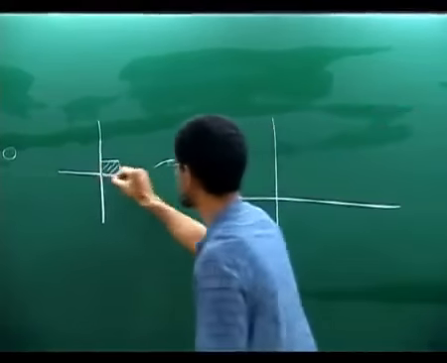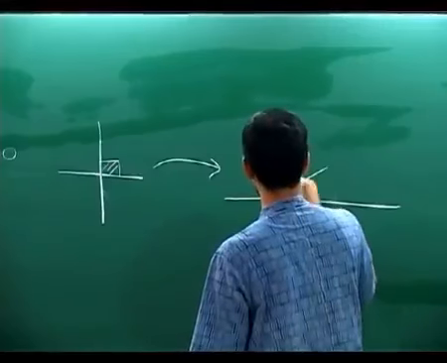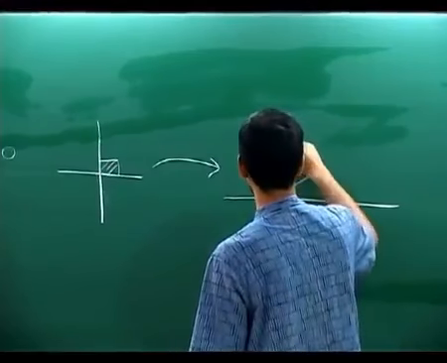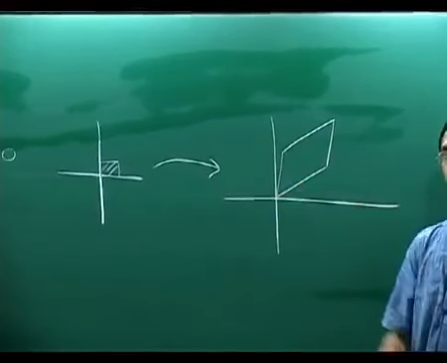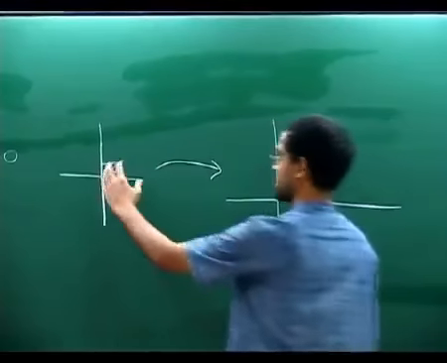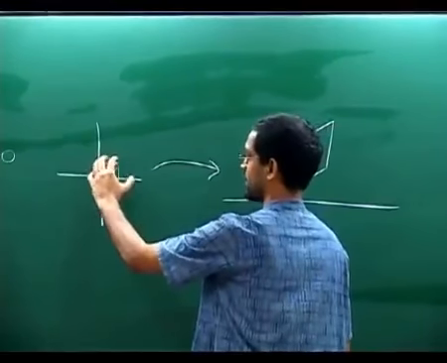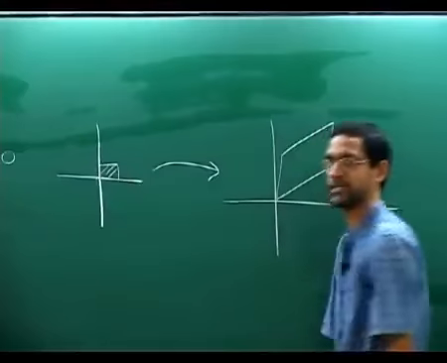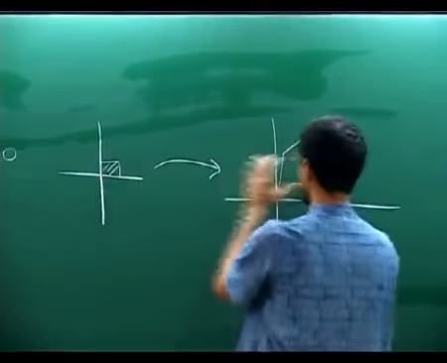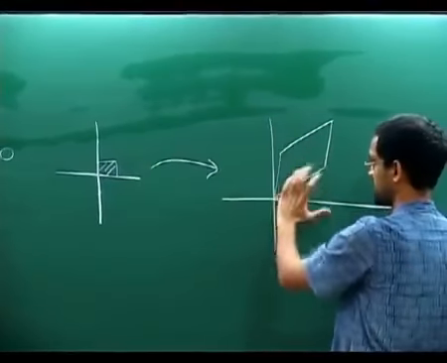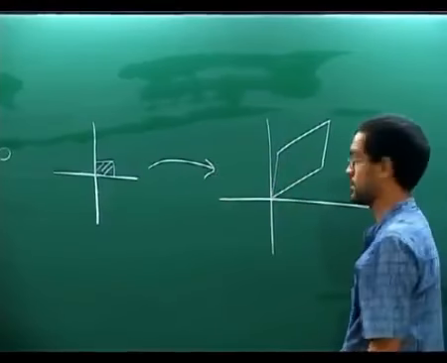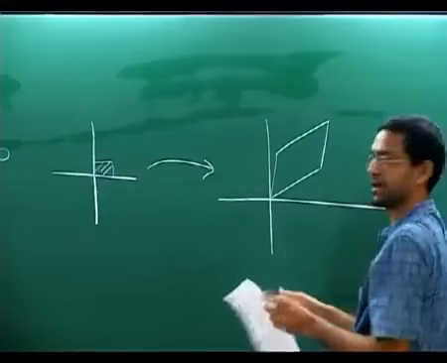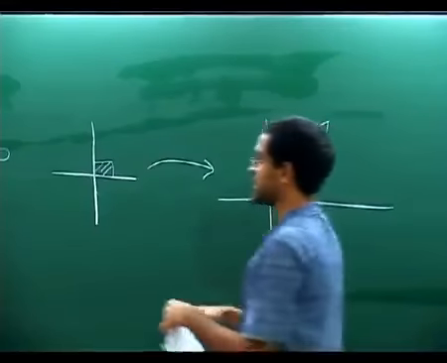So these two sides will become some two parallel sides, and the other two sides can become this. So this is a snapshot of what the linear transformation does to one particular object, but that's representative of what it does to everything. So this square transforms into a funny shape. It need not even be in the first quadrant, it can be in some other quadrant also. It can also be rotated by some larger angle. So you can think of this as what the square does, as what the linear transformation does.